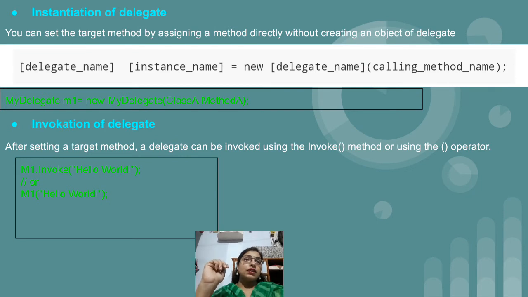instantiation. Instantiation means we will create an object of the delegate class. To create an object of the delegate, just write down the delegate name which you have declared.